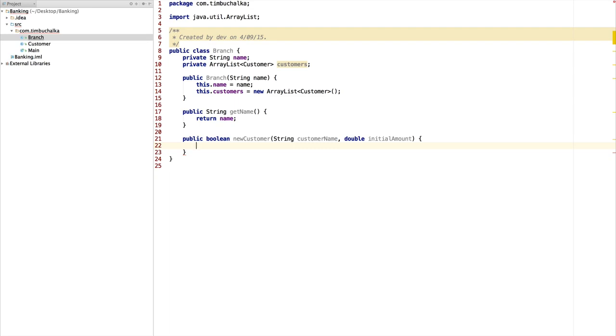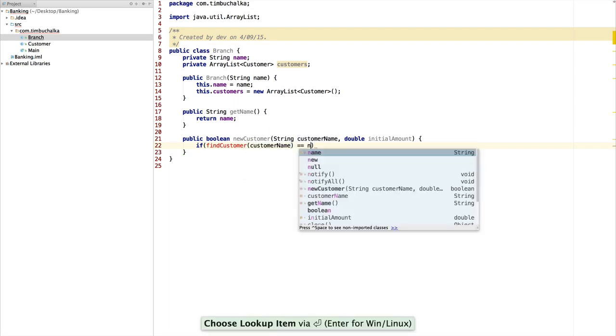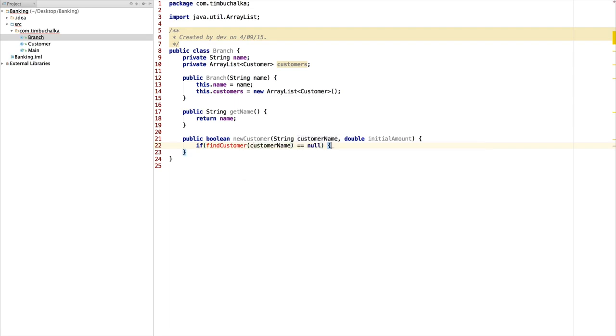So to do that, of course, we need to add a find customer method so that we can actually test to see whether that customer is actually on file or not. So the logic of the code will be something like: if find customer, customer name, equals null, then that's telling us that it's not already on file. Because this is a new customer method, if it's not on file, that's a good thing because it means that we can add it. So if that's the case, we're going to put a